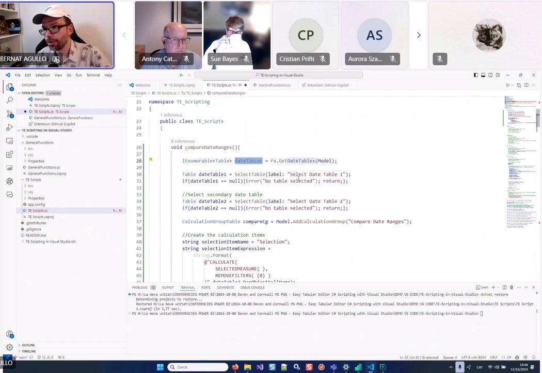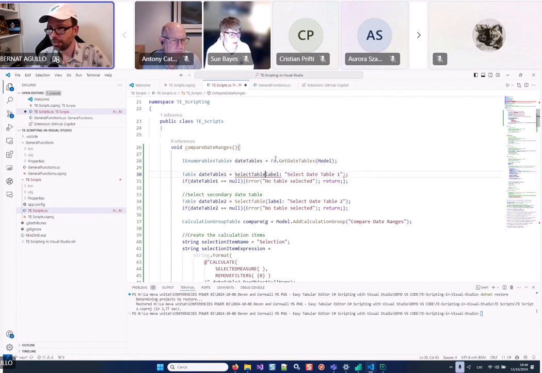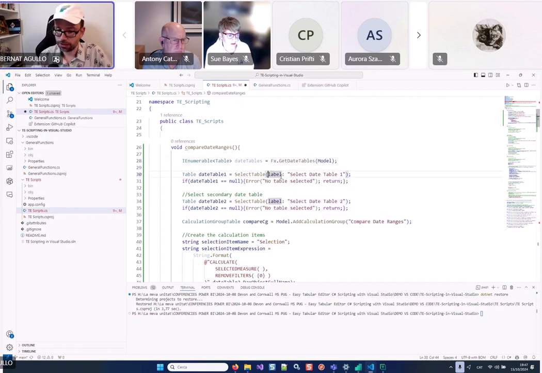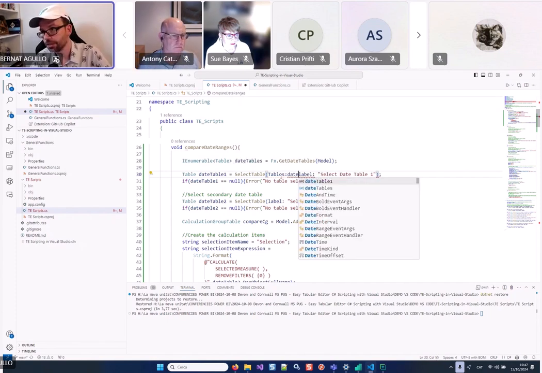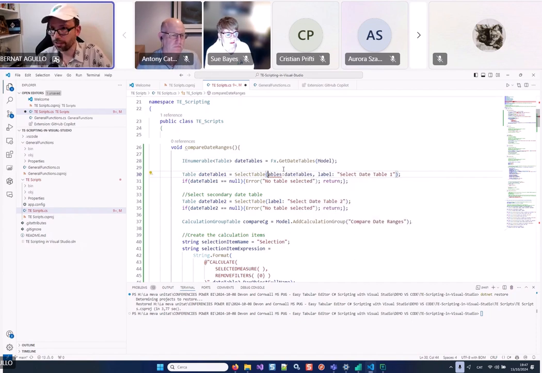And then we can provide this as the first argument to the select table. You see here, there is one. You see enumerable table too? Okay. So we can do that. Oh, wait, what's the name of the argument? It's tables. Okay, let's do that. Tables, and then we can provide the date tables. It's just so you see the true power of this copy paste thing, yeah. Because right now it was not that impressive, but